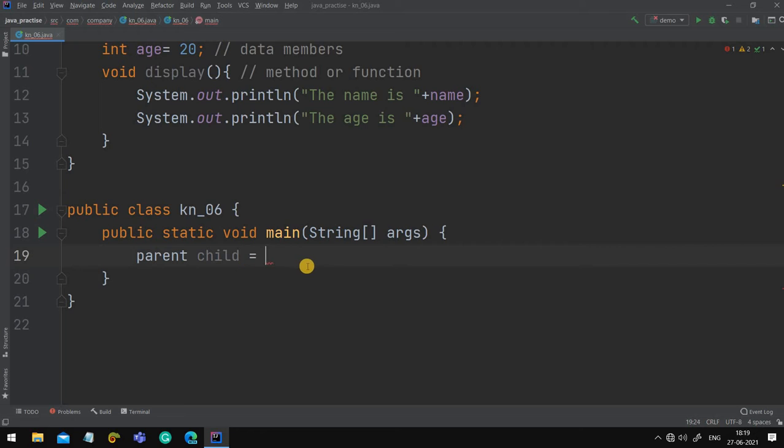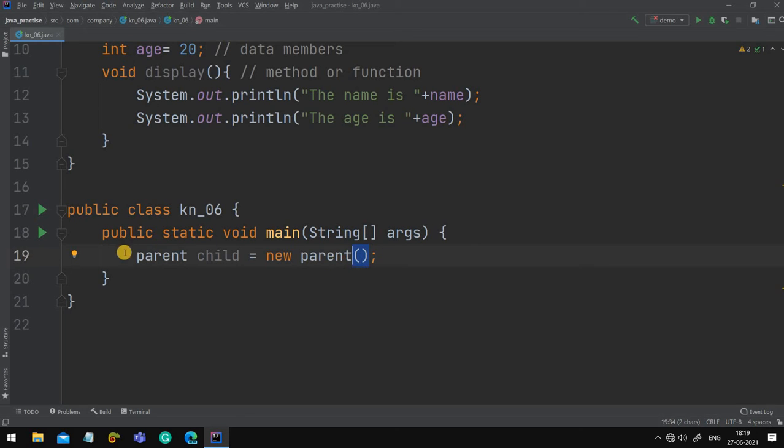After that, equals to new, and again the name of your class, parent, and after that this small bracket is necessary.